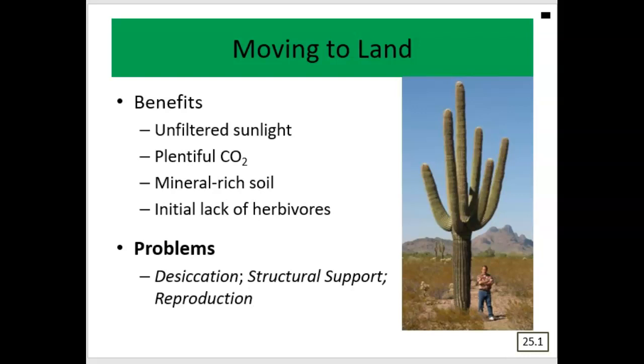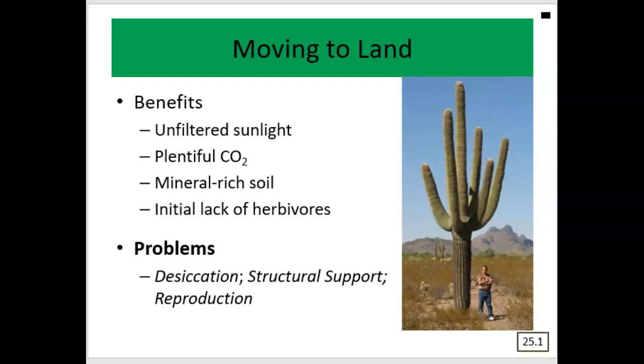The last detriment, the issue to think of, the thing to deal with, is reproduction. In an aquatic environment, an individual can produce sperm and eggs, or sperm or eggs, and release them out into the water, and they could float around and eventually run into the other gamete. On land, you don't have that water to wash things around, and so if you just kind of throw gametes out there, they don't go anywhere. So they had to figure out how to get gametes from individual to individual.